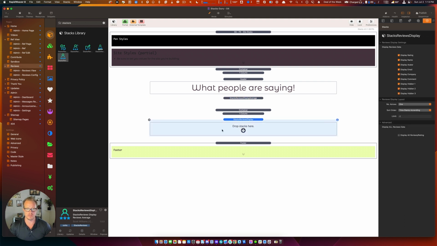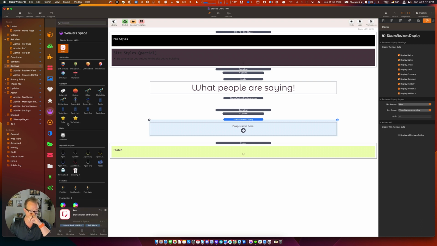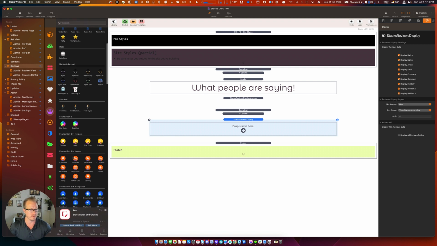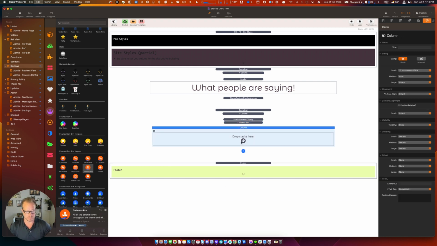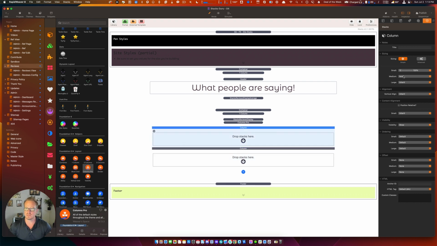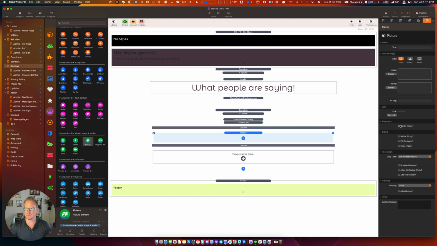I'm going to build out a quick little layout, okay? So I'm thinking I'm just going to go with what I did before, where it's the avatar on the left and then the name and then the rating underneath it, that kind of thing. I think that looks pretty cool. So I'm going to use Columns Pro. I'm going to give this some padding and gutters. I'm going to add another column, and I'm going to set this one to shrink to content, okay, and leave this one at auto. And then I'm going to find a picture stack, throw that on there, center the image,